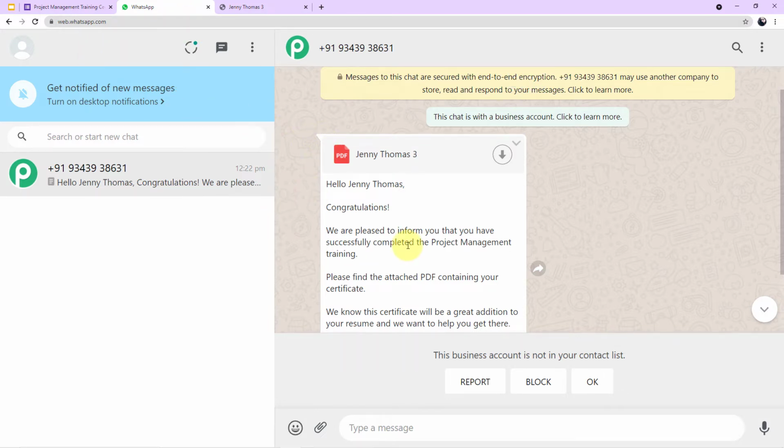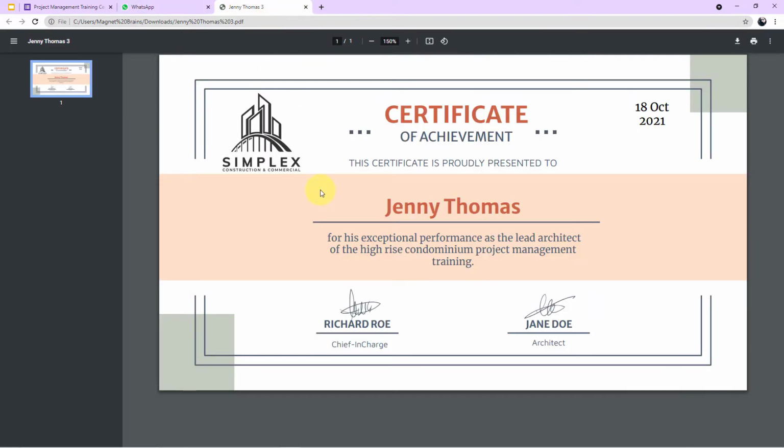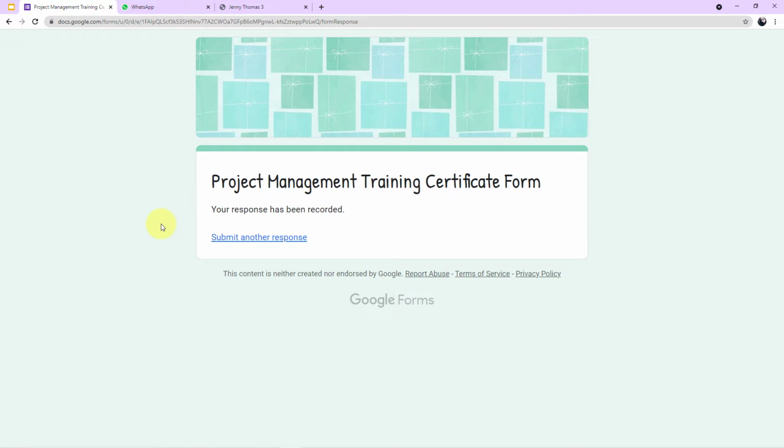And this is how it's going to work. Now you guys are wondering how I managed to bring this message here in the WhatsApp account of Jenny without any manual compilation of the message and creating this certificate, just by filling the form, a Google form here, right? So now let me give you the easiest possible steps by which you can also make this automation or connection between this Google form and WhatsApp.